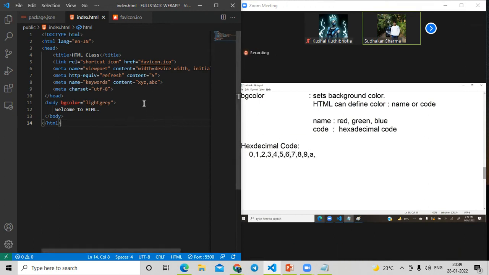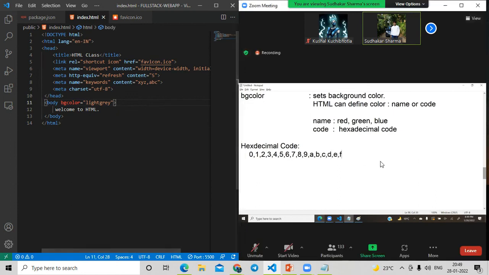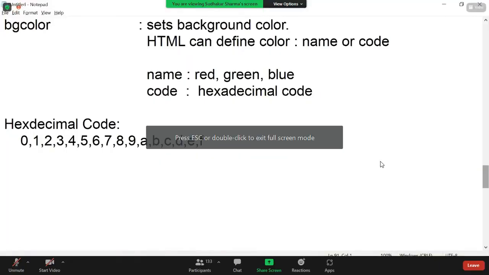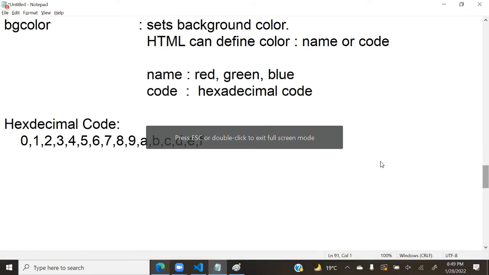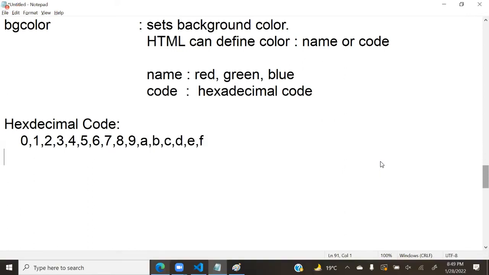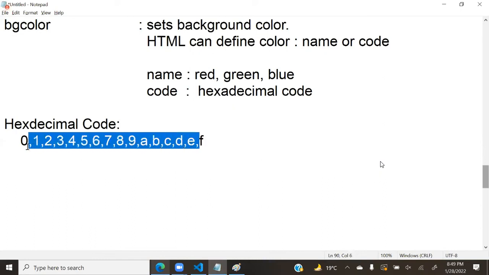After 9, A, B, C, D, E, F. 0 to F. F is the brightest color, and 0 is the darkest color.